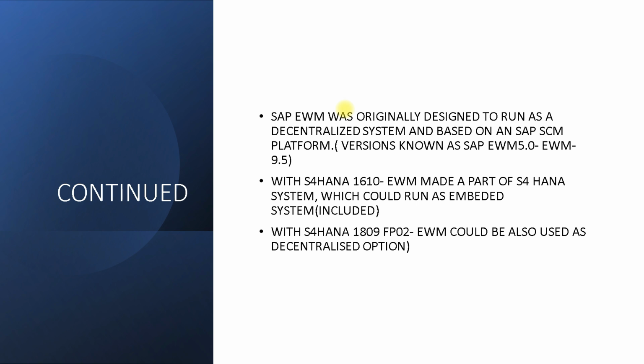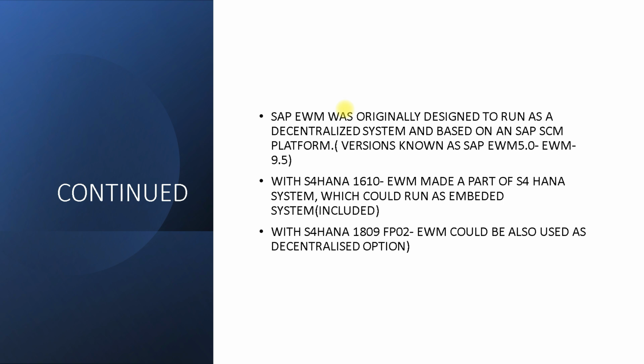If you are taking the SAP SCM side, then the current version is SAP EWM 9.5. Okay. So in S4HANA 1610, they have made the EWM module a part of your, let's say, SAP ERP system. It is a part of your ERP system,